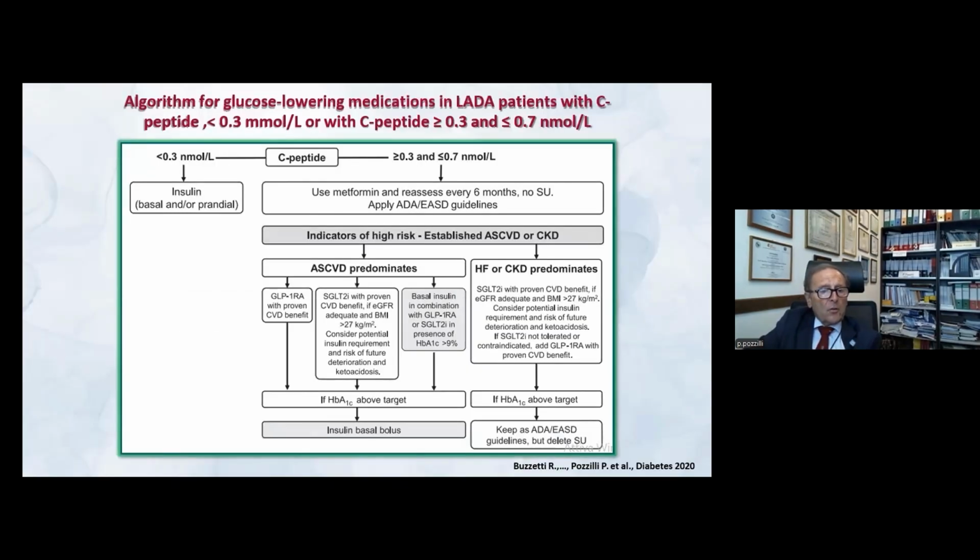So this is what you can read in this paper in Diabetes Care, but I think you could look into here and you can see that both GLP-1 RA, SGLT2, and basal insulin in combination can be given to this patient. And then if HbA1c is not at target, then you can give insulin basal bolus therapy. And if the patient has heart failure or chronic kidney disease, of course, the SGLT2 could be given, although there are patients with type 1 diabetes, but because these are patients that have residual beta cell function, it's not like classical type 1 where you can have problems with ketoacidosis. So then these drugs can be given